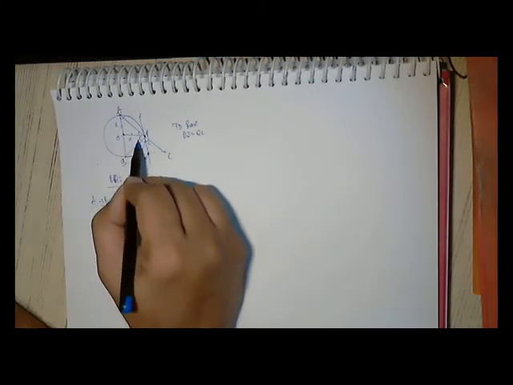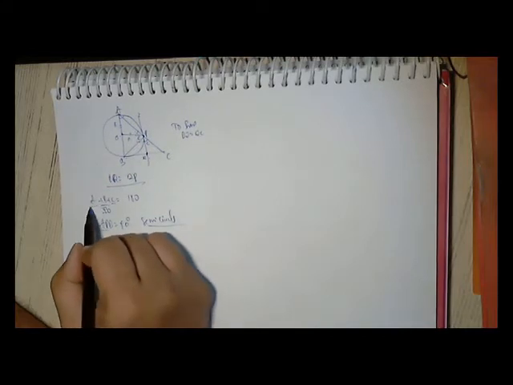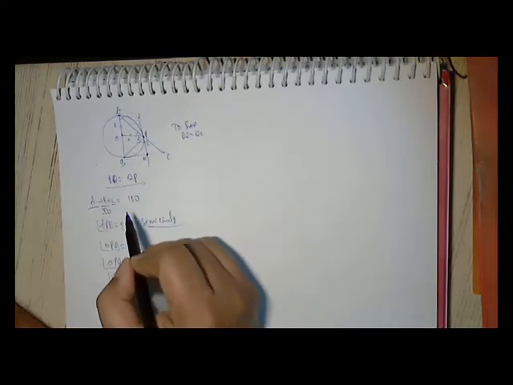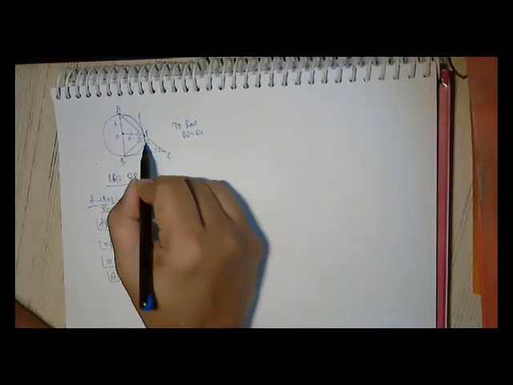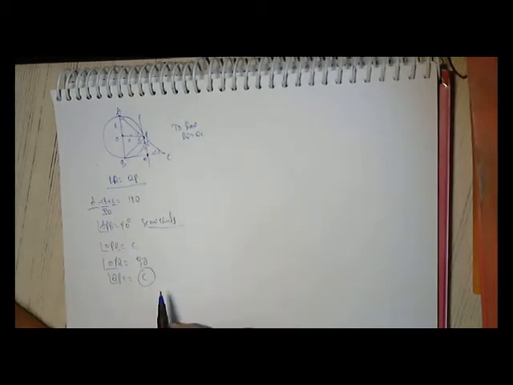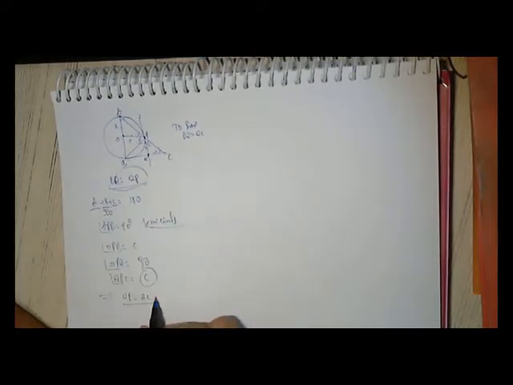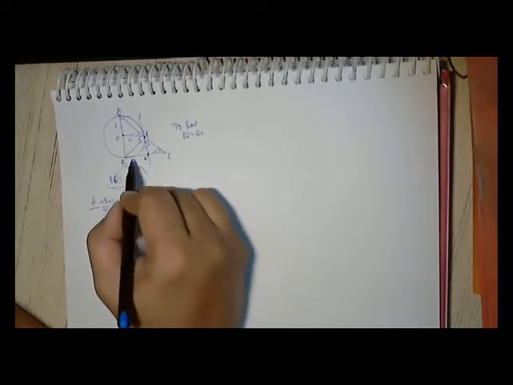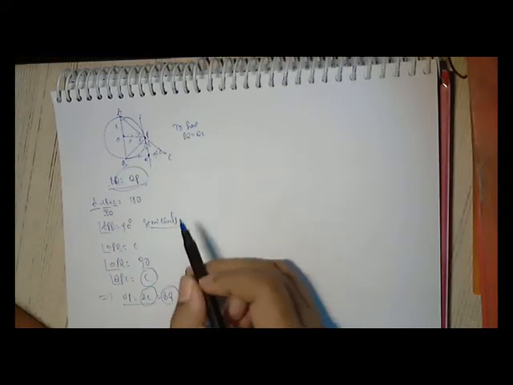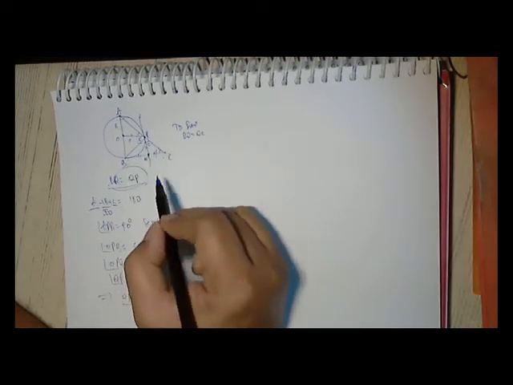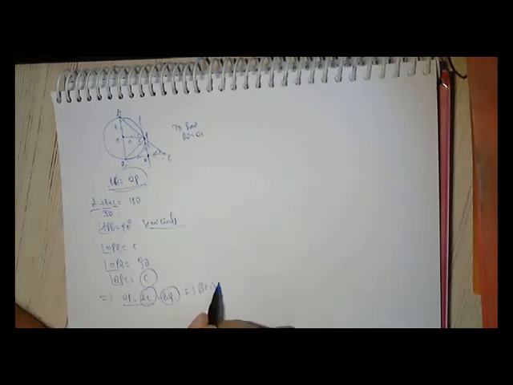90 plus A, what is left over is C. So when these two angles are C, that means this side is equal to this side. That means QP is equal to QC. Earlier we have seen QP is equal to BQ. That means QC is equal to BQ. Both are equal, so BC is bisected by point Q.